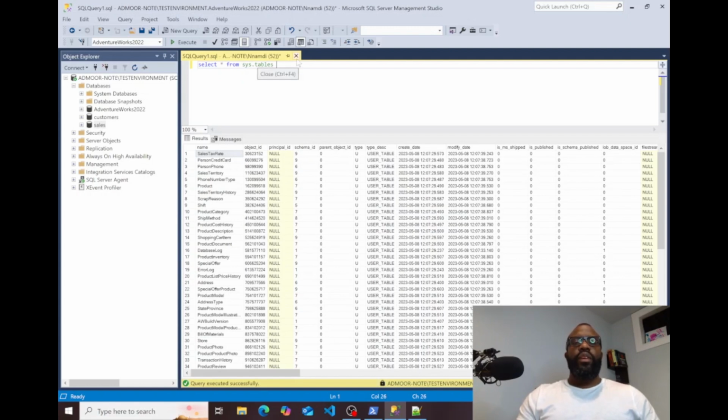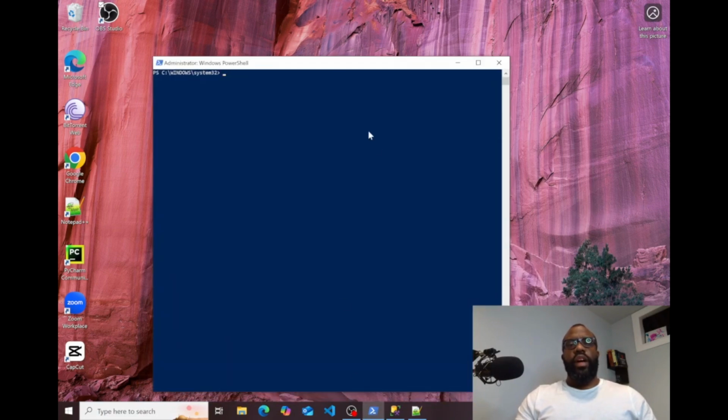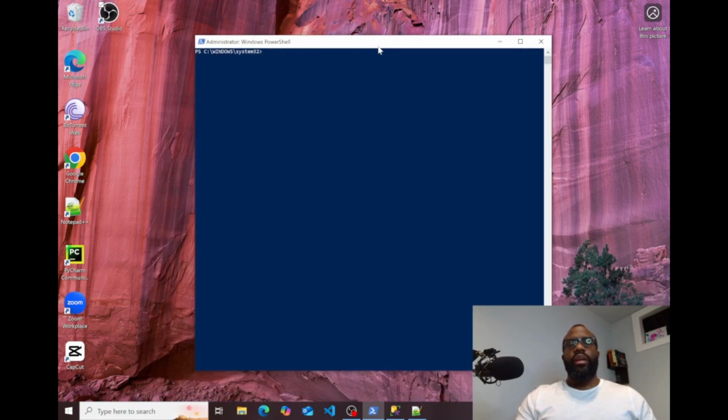But what if for a reason you don't want to use the graphical user interface? You're like me and you want to use maybe PowerShell to access your database. What do you do? Now there are a bunch of things you need to do. One is you need to import the SQL Server module. So if you fire up your PowerShell window, preferably in administrative mode, you can say import module